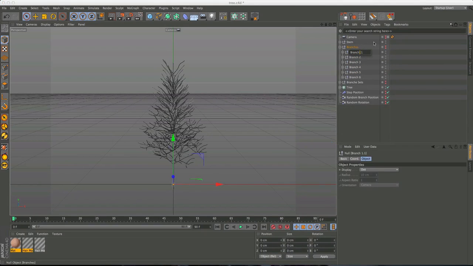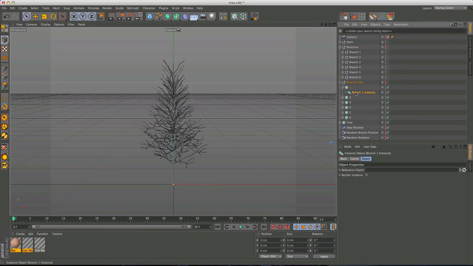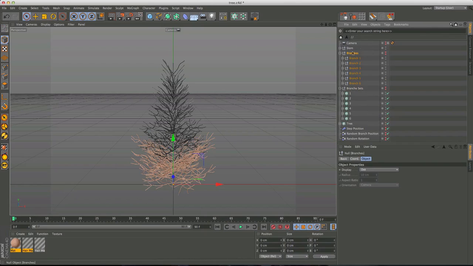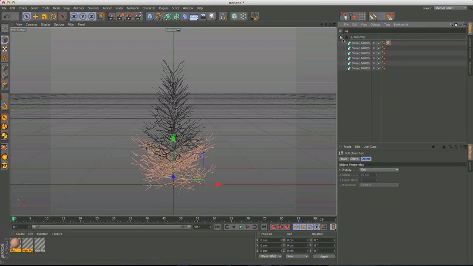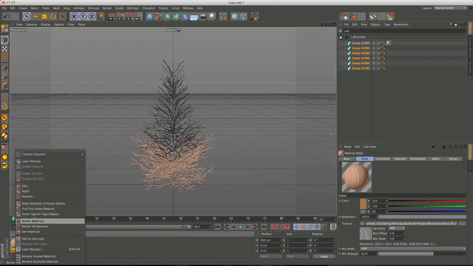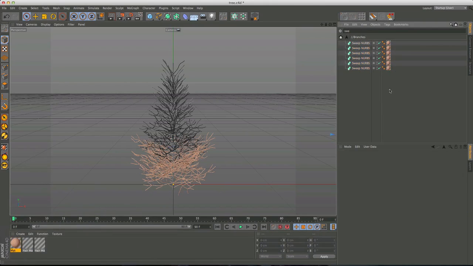This is going to be branch 1, and let's have a look at the branch sets. We will have our instance here. Let's place it over here. So now we're going to make this our home, and let's select all the sweepers except for the first one, and we'll apply this material to these